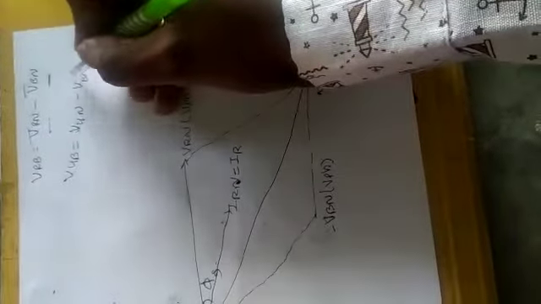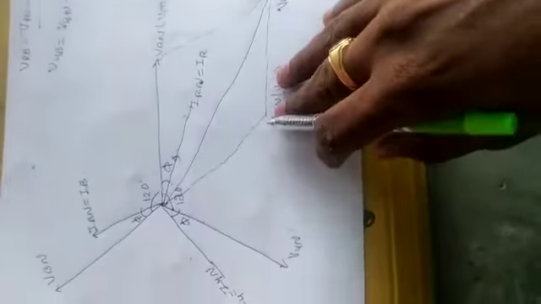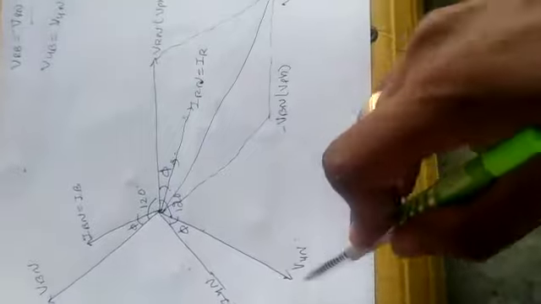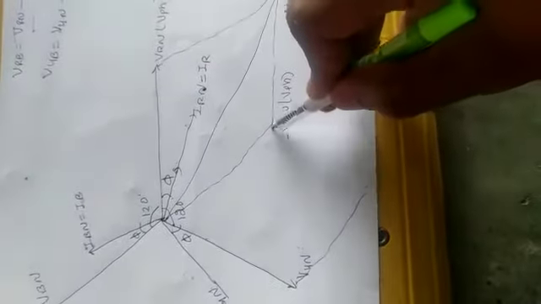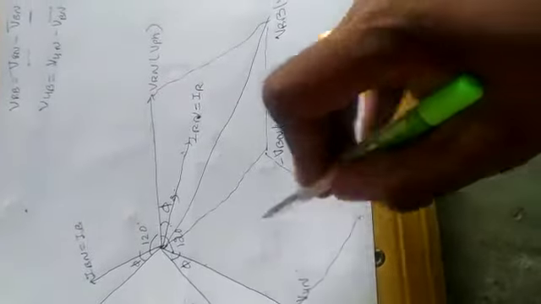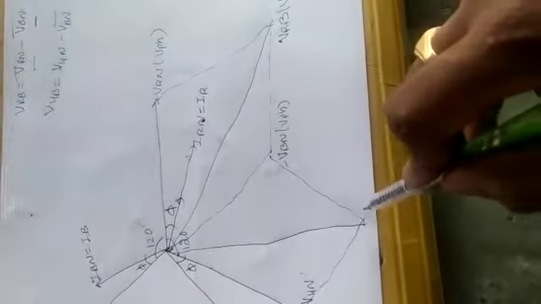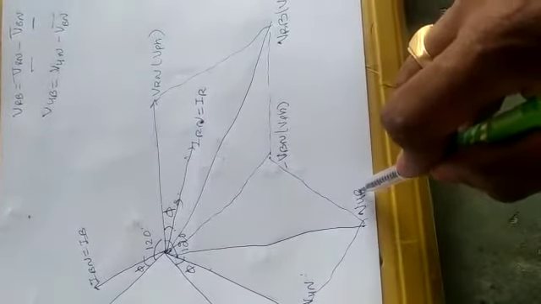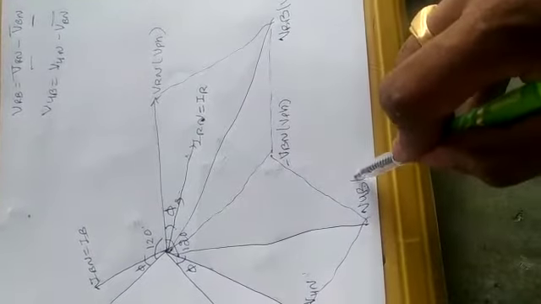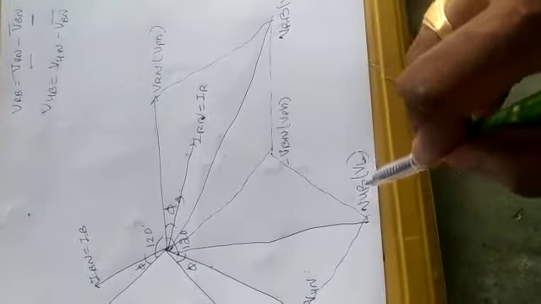minus VBN. VYN and minus VBN. VYN you have, minus VBN you have here. Just join these two. If you join these two, you will get the resultant vector as VYB. This is called line voltage,